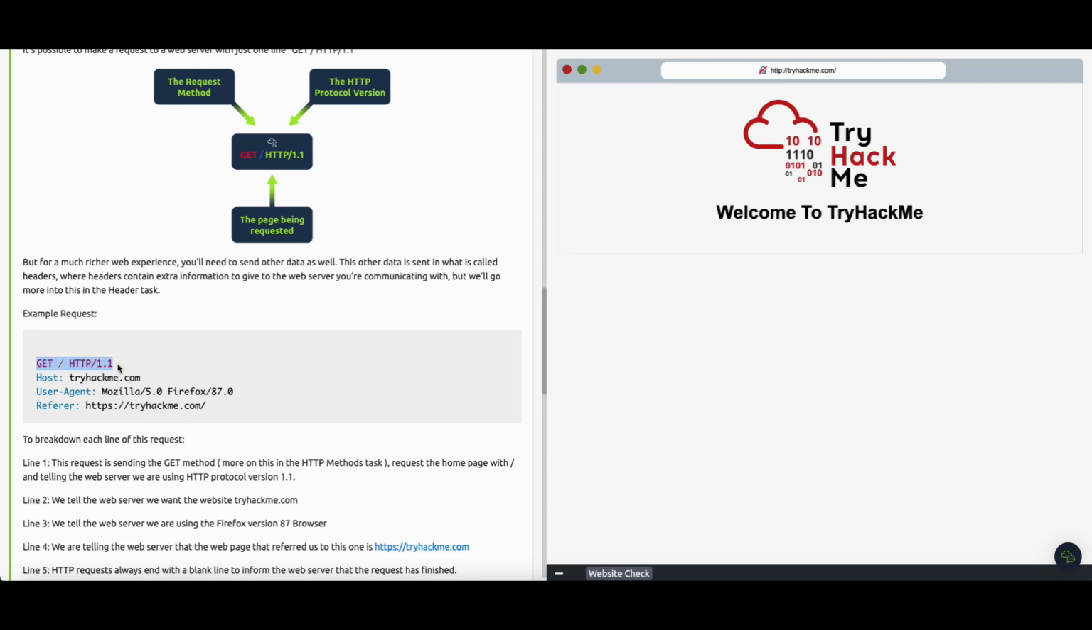Here we make a web request with this single line. Okay, we made a web request with this line. But if, for example, you enter an apartment or you enter a hotel and tell the